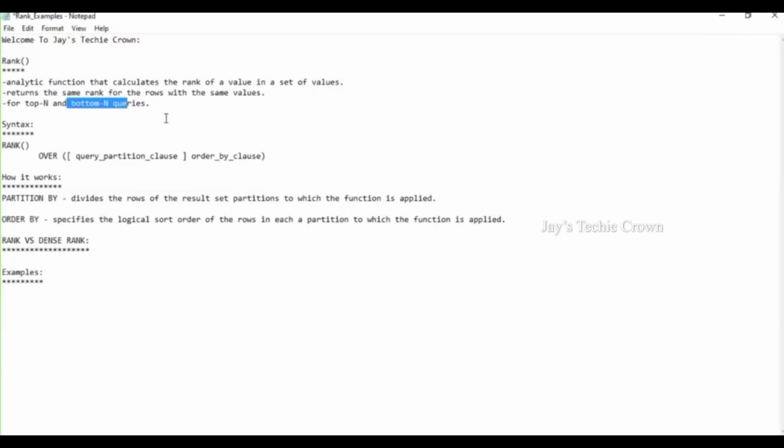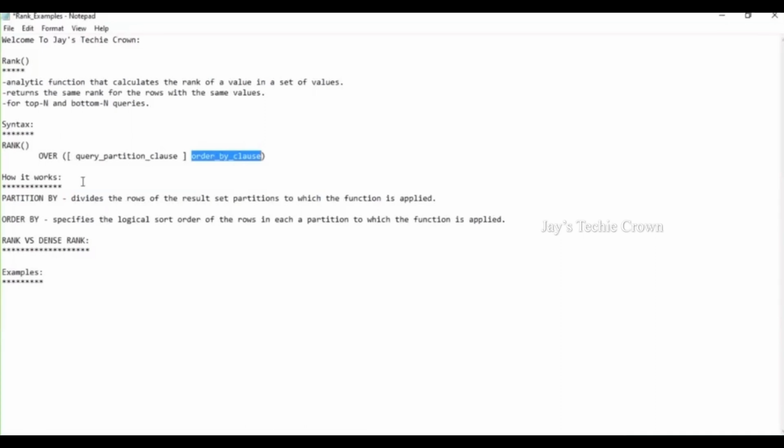Moving on to the second part. So what is the syntax for the rank function? Whenever you want to use a rank function, rank always comes as RANK() followed by OVER, PARTITION BY clause, ORDER BY clause. It's not always mandatory to use the partition clause. Based on the requirement, we will be using the partition clause, but RANK() OVER ORDER BY clause is mandatory, or sometimes we can ignore order by and go with the partition clause.